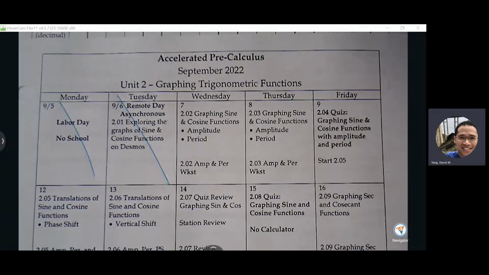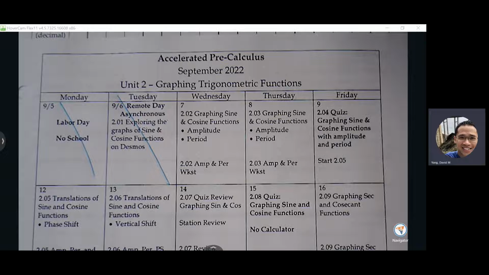Hi, guys. Welcome back. Yesterday you're supposed to kind of do a little bit of activity with the sine and cosine function in Desmos. I'm going to show that process through this 2.01 section here. And then we're going to quickly go to 2.02, graphing sine and cosine functions. And then tomorrow we'll look more at different types of